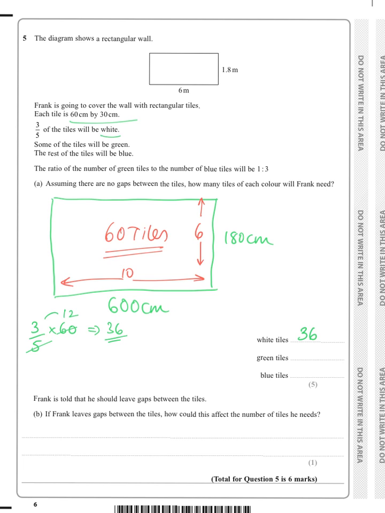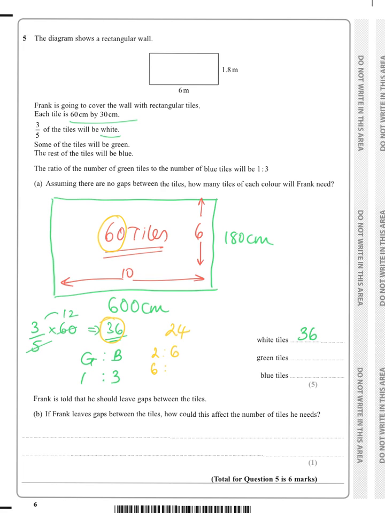Now, some of the tiles will be green and the rest will be blue, and it says the ratio of the number of green tiles to the number of blue tiles will be 1 to 3. So let's just get that right. If we've got green to blue in the ratio of 1 to 3, then because we knew there were 60 tiles to begin with and 36 of them have been used up, that would leave 24 tiles to be either green or blue. But in the ratio 1 to 3, can you see that's the same as 2 to 6